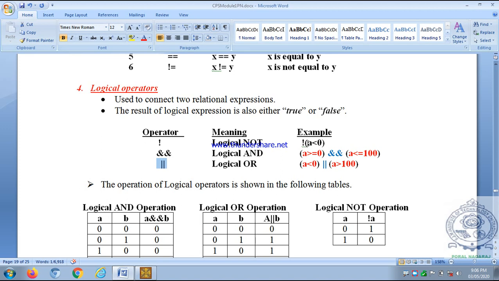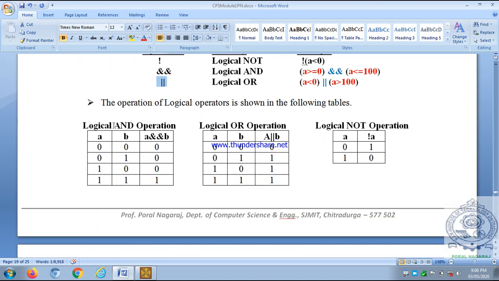Okay. So let us see how they are evaluated for the given inputs. So this is logical AND. How is the logical AND operation performed? See here, A and B are inputs, and A && B is called the output. So A and B are inputs, and A logical AND B is the output. Here you have to remember, A and B are two operands, and if any one operand is 0 in logical AND, the output is 0.